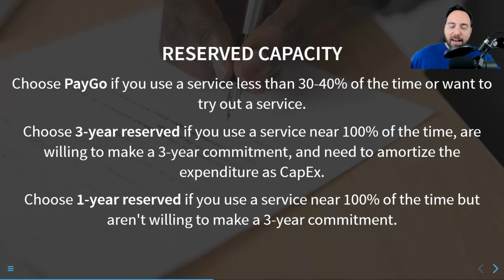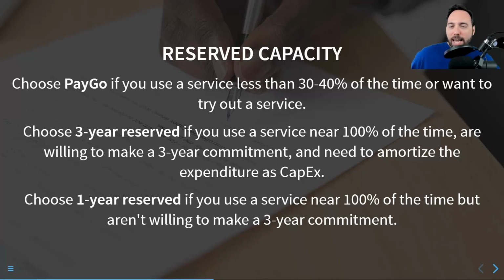But there have been times historically when some services are better priced in a series of 1-year commitments versus that 3-year commitment. Now, this was also before the time when you could amortize those expenditures.